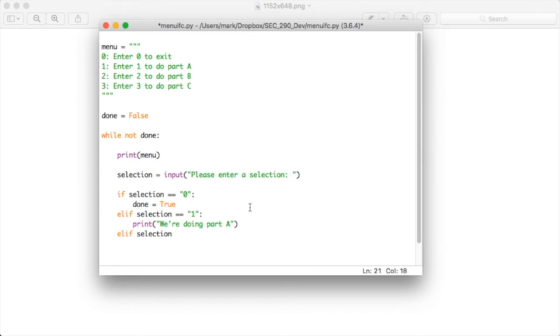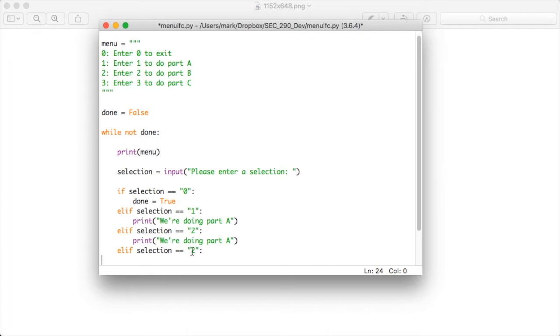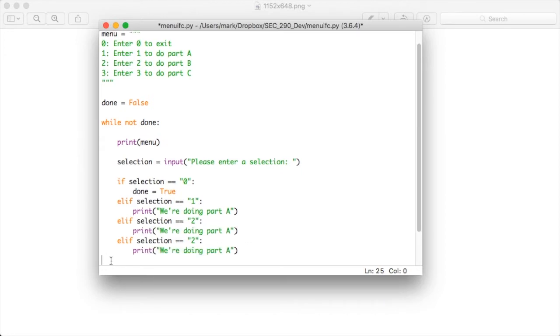How about selection is equal to 2? Same deal. Take this, and we have a 3 also, right? So that's 2, and one more for 3. There we go. So if it's 3,